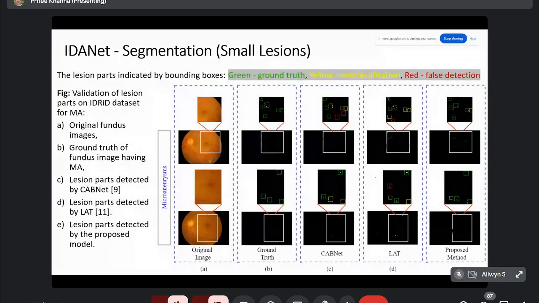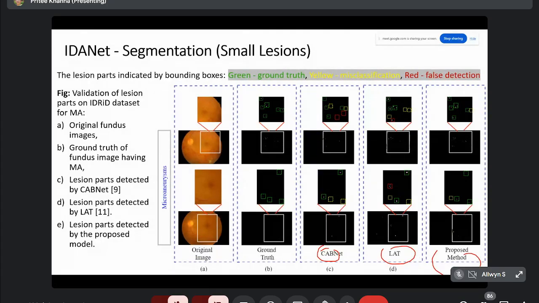So you can see here the green, red, and yellow boxes. The green boxes denote the ground truth of microaneurysm lesions as well as lesions which are correctly detected by the model. The cases when the model failed to detect the lesions are highlighted with the yellow box. And the false detection, where the lesion is not there but a detection is shown, is shown by the red colored box. If you compare the three methods,